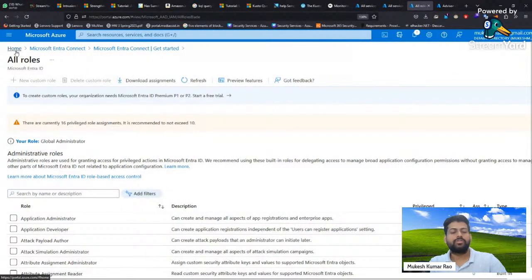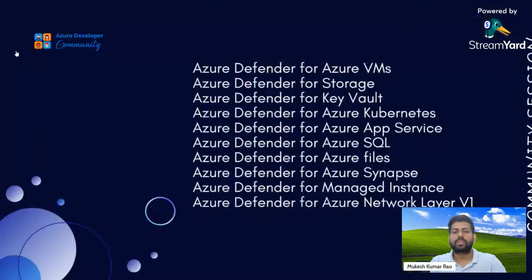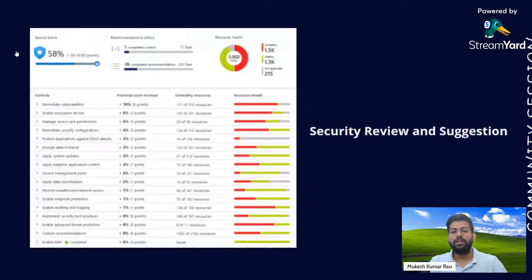Okay, so let's go to our main presentation. This is the full range of services that we have. Some of the names are changed here, like Azure Defender for Azure is now changed to Microsoft Defender for Cloud. That is combining all your Kubernetes, app services, SQL database, virtual machines and network services into one centralized place. And then we can move to Sentinel. So this is some security and suggestion that I showcased in the advisory dashboard. That is the one part we have available.